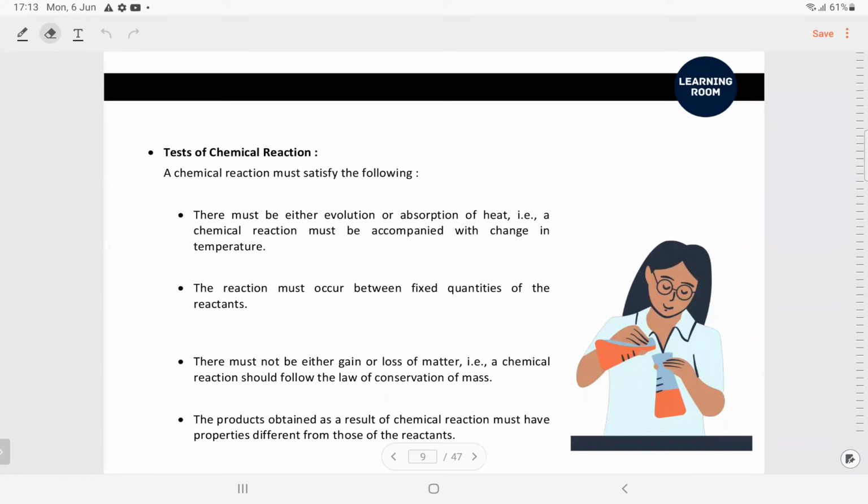Correct? Yes. So coming to the next one, there must not be either gain or loss of matter. Because matter or atom or mass, anything in an atom, can be neither created nor destroyed. Okay. So if you're just making anything like that, it means